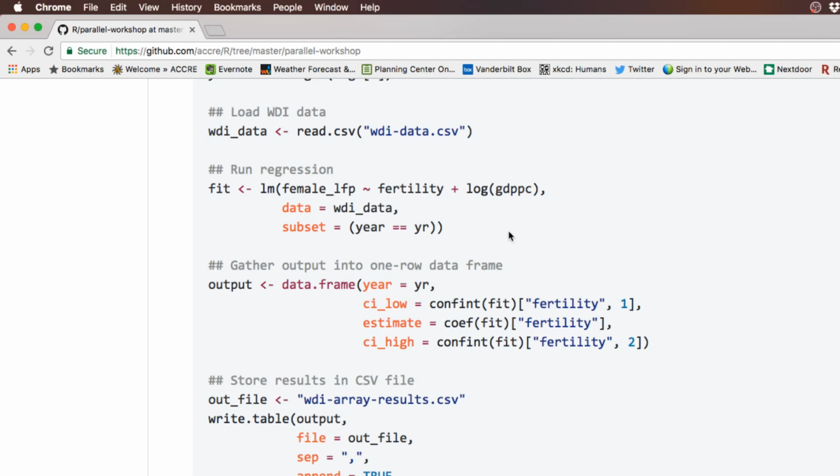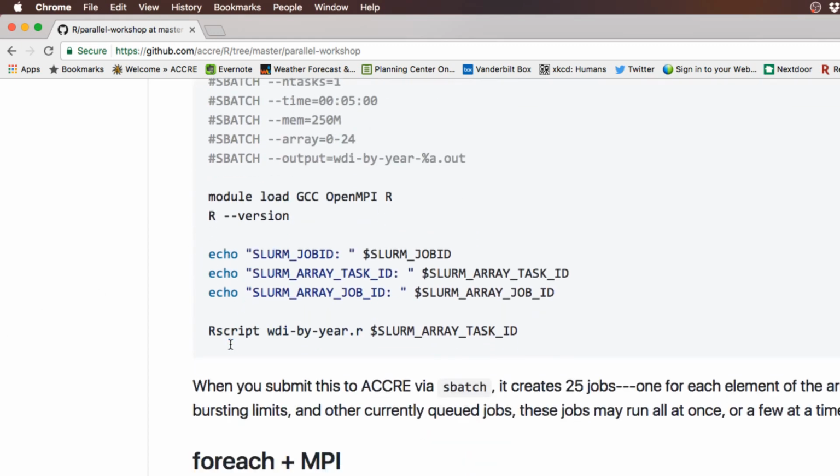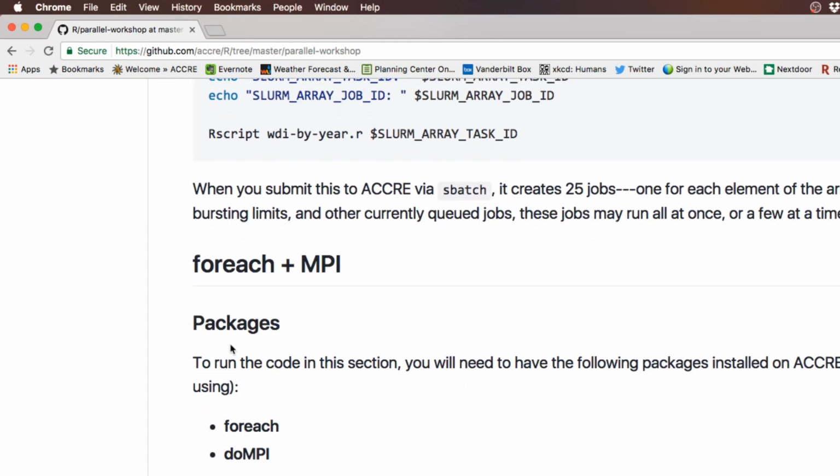It's cleaner if we can do everything all in one. Okay, so in the interest of time, let's move on. The other way that we can do this, or one other way to do this, is